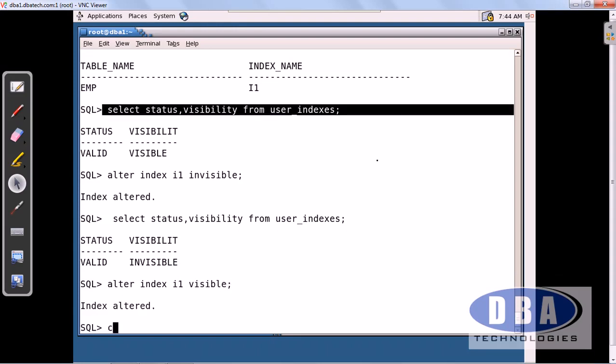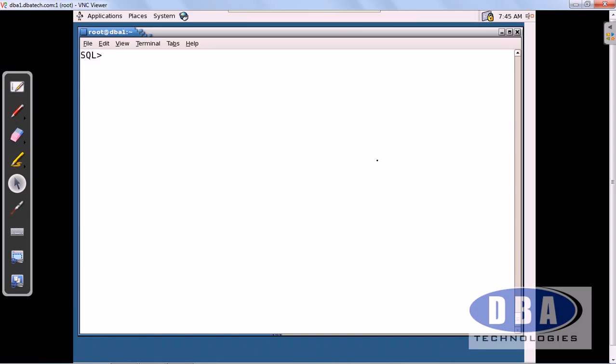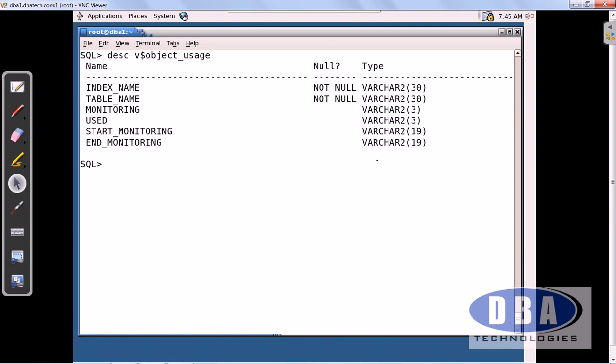Okay, like this, and we can monitor whether the index is getting used or not. How? From a view called v$object_usage. Here select index name, table name, monitoring from v$object_usage. What does it show?